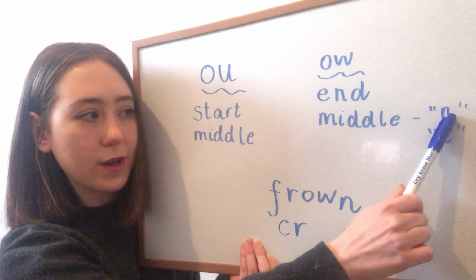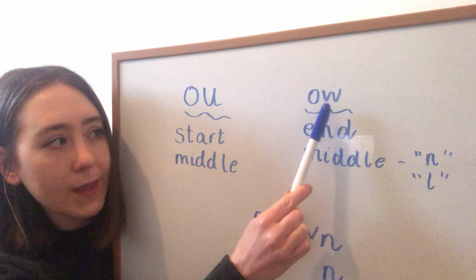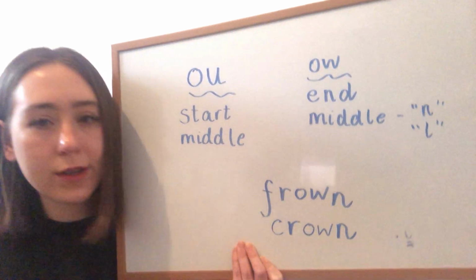It does end with an n. So which ow are we going to use this time? Oh, with crown. Well done. So now I'm going to read another one, and I want you to have a think carefully